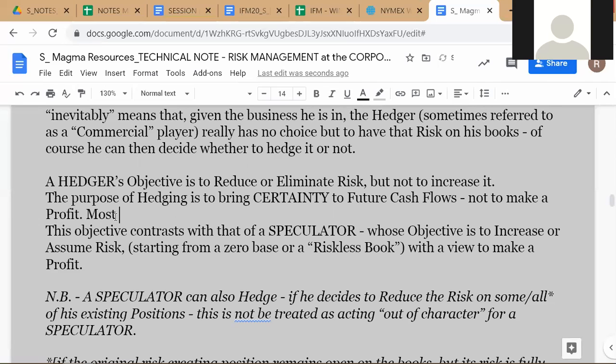Most hedgers are looking to make a return from exploiting the efficiencies or